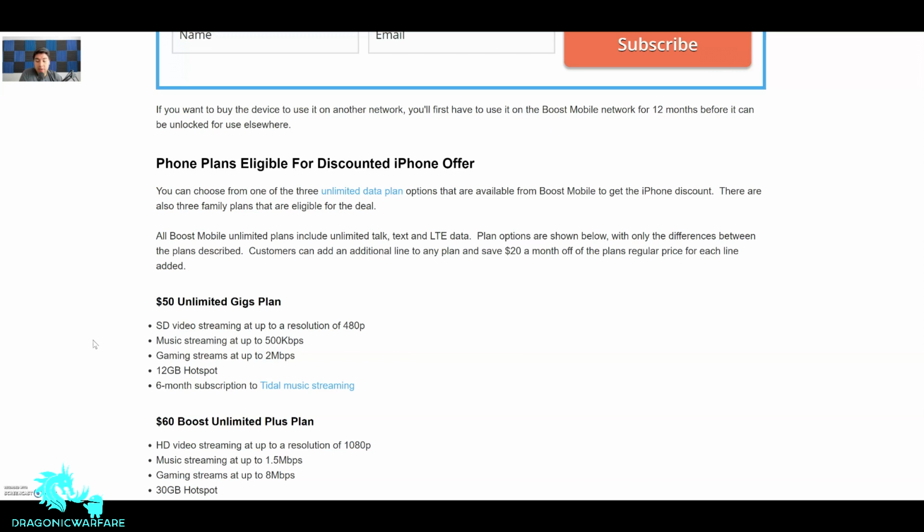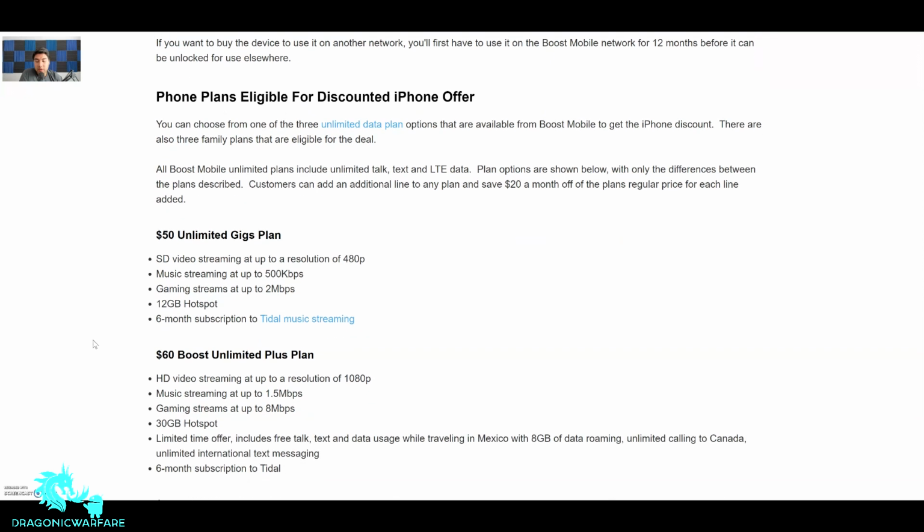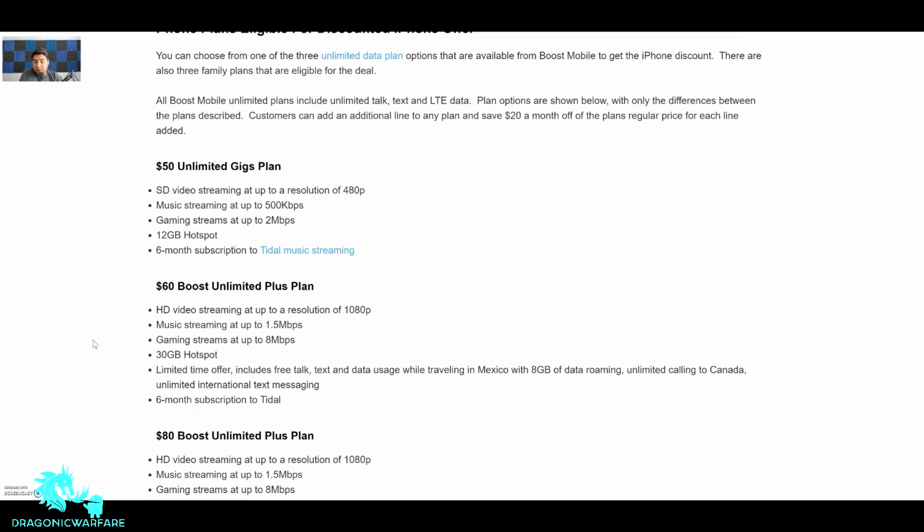There are also 3 family plans that are eligible for the deal. All Boost Mobile unlimited plans include unlimited talk, text, and LTE data. Plan options are shown below, with only the differences between the plans described. Customers can add an additional line for any plan to save $20 a month off the plan regular price for each line added. So here's the 50 unlimited gigs. This is the most popular one. It is unlimited data, guys, but it is